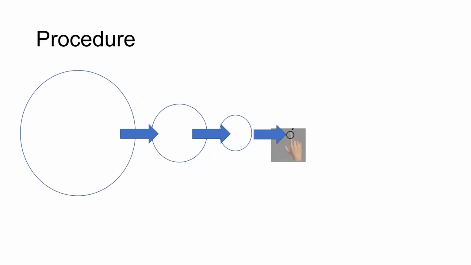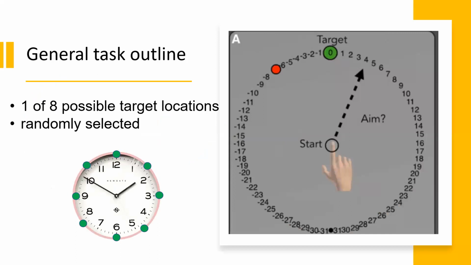How the participants got their hand in the correct starting position was to adjust in response to a circle that would shrink the closer they moved their hand to the middle of the circle and would disappear, starting the clock for them to complete the task. The task was to hit the green target. That could randomly appear in one of 8 possible locations. The 8 locations were all the same from trial to trial, located at the 12, 3, 6, and 9 positions if this was a clock, and the 4 remaining positions were spaced equidistant between the 4 previous locations.